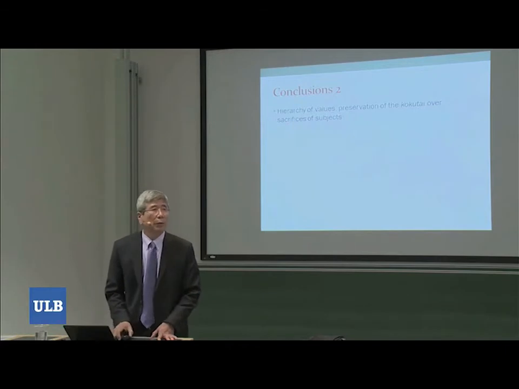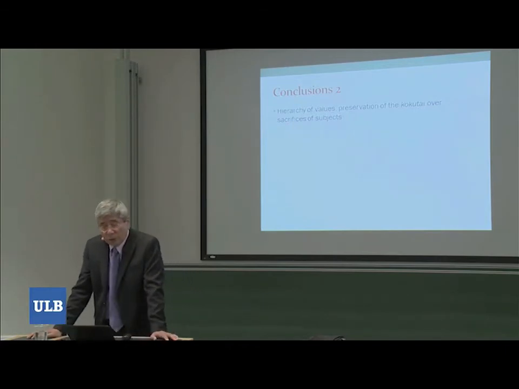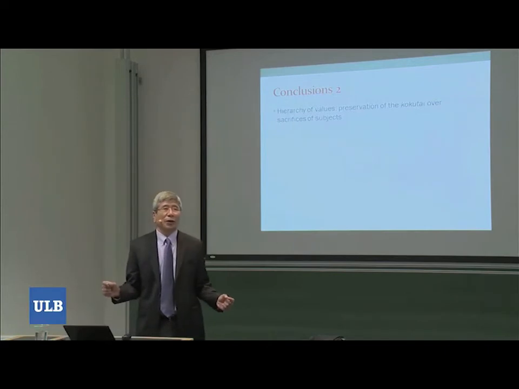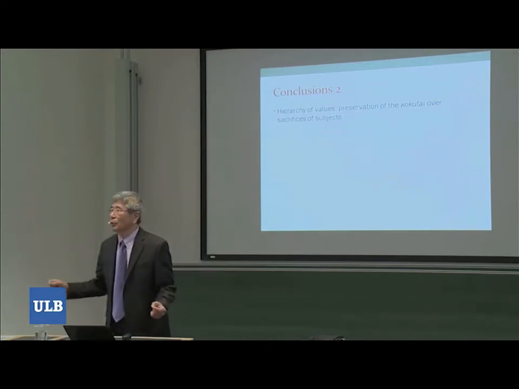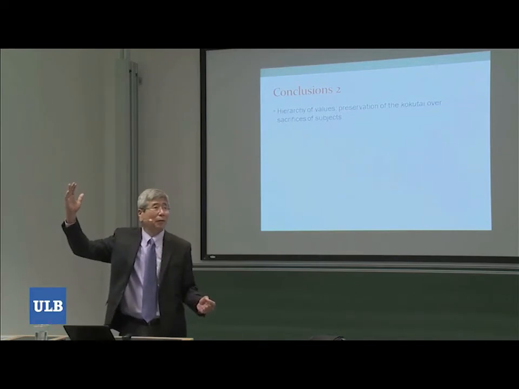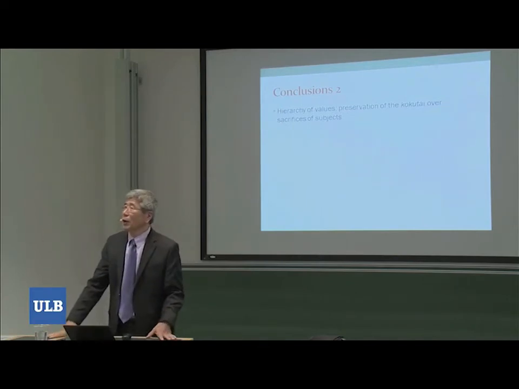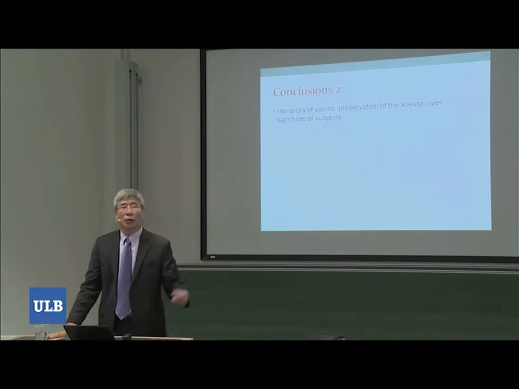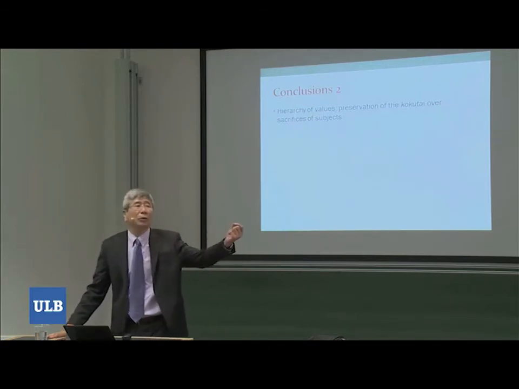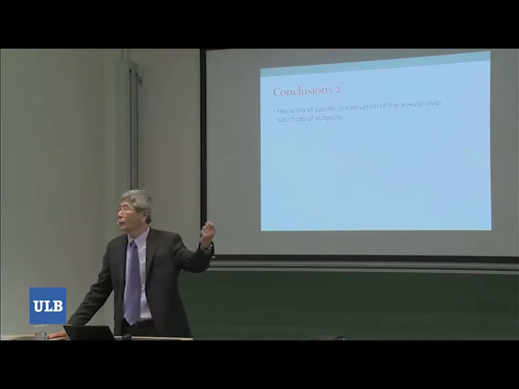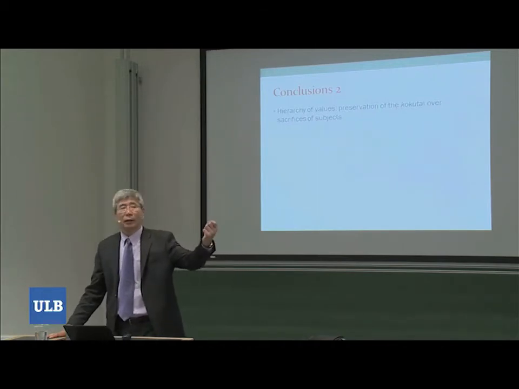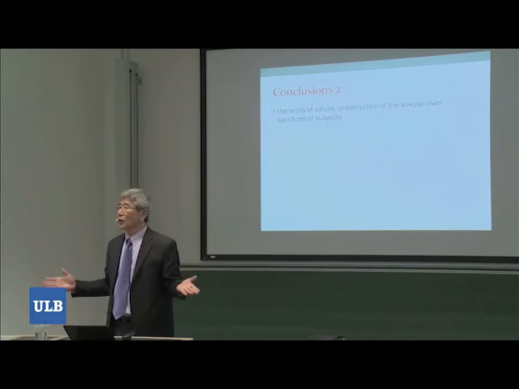I would argue there existed a hierarchy of values. Unfortunately, Japanese policymakers did not put the sacrifices, the lives of Japanese people, at the top of the hierarchy. Rather than that, they put preservation of Kokutai, whatever it meant. That's the highest value, right? And without that, they are willing to sacrifice Japanese people